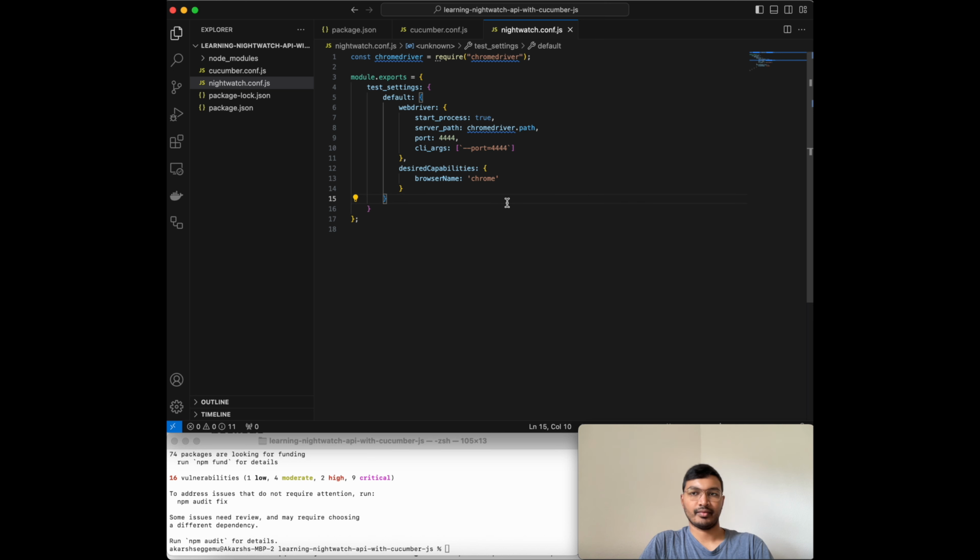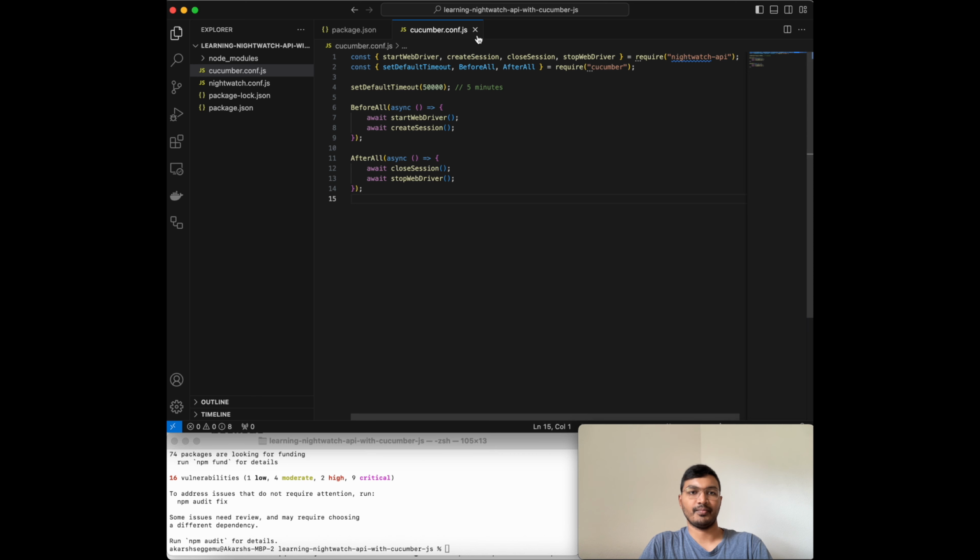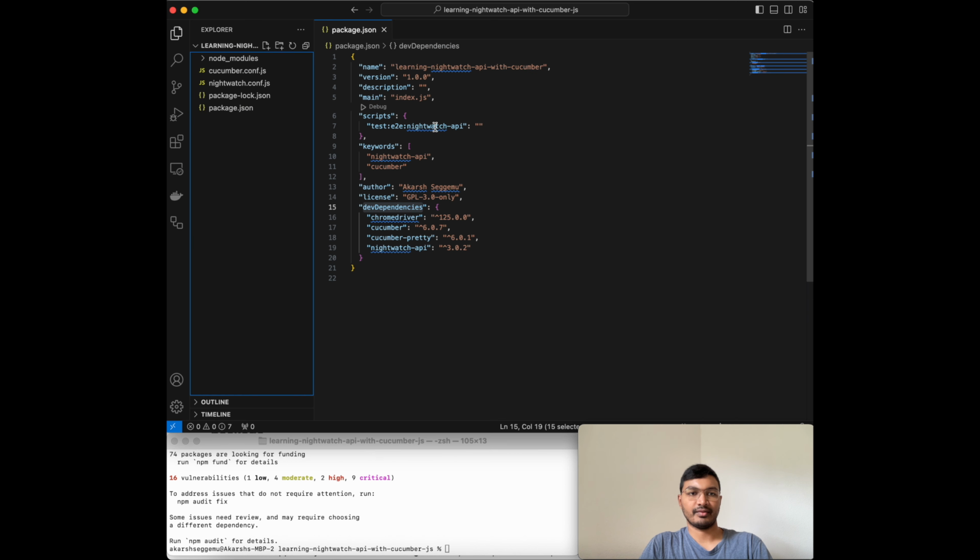So these are the configurations. In the nightwatch.configuration file we are mentioning what we need to use. The default browser is Chrome that we wanted to use. What are the capabilities? Yes, the browser is Chrome. So once we have set that up, next we need to define the